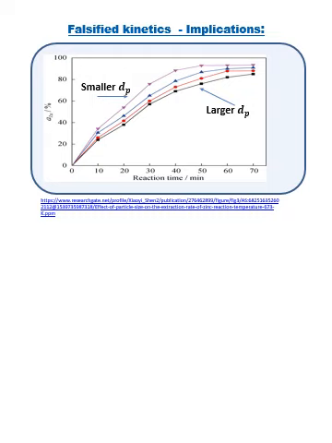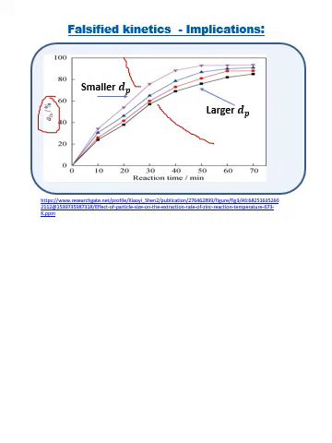So either I must rely on data published by other researchers, or I must measure the data myself. And I must take cognizance of in which regime the researcher operated when they measured the data. So for instance, this researcher measured data and he showed that as he changes the particle diameter, he observes a change. This is a form of conversion. He observes a change in the rate as he changes the particle diameter.